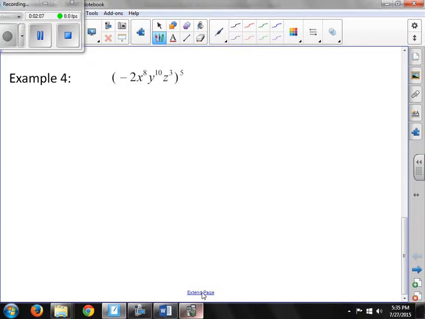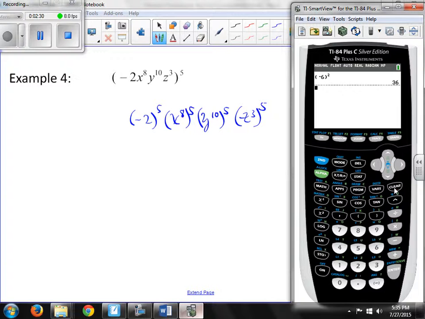Example 4. On this example, we'll need to make sure that we raise the negative 2 to the 5th power. This is a product raised to a power. The x to the 8th to the 5th power. The y to the 10th, raising that to the 5th power, and the z to the 3rd, raising that one to the 5th power. We can use our calculator for negative 2 raised to the 5th, so we'll have parentheses, negative 2